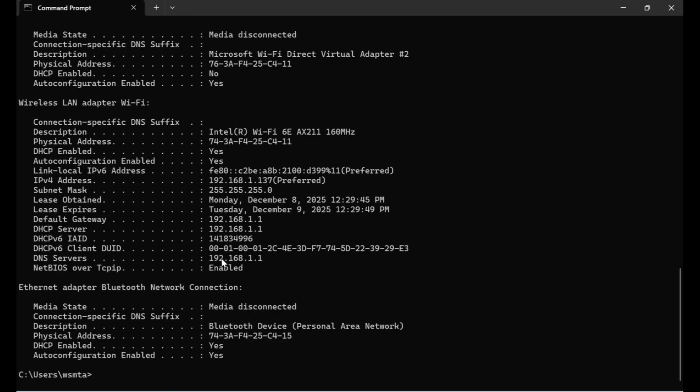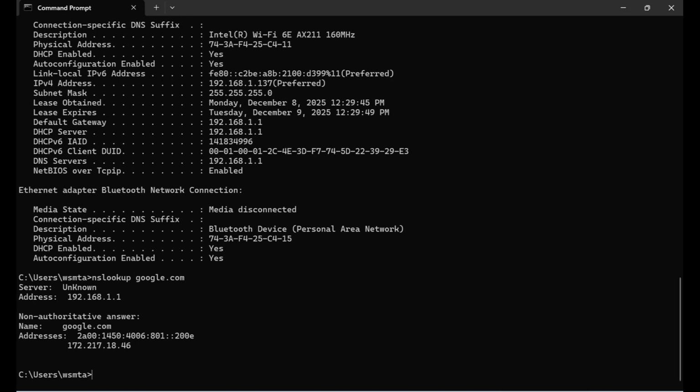What else do I have? I have the DNS server here. DNS, Domain Name System. This is the server that has a service that we use to resolve a name to an IP address. Because when you go to your web browser, you say google.com. You don't say 174.number.number.number. But this server and this service is responsible for resolving the name to the IP address itself. So as an example, when I come here and say nslookup google.com, it will go to the server and resolve the name to an address, which is